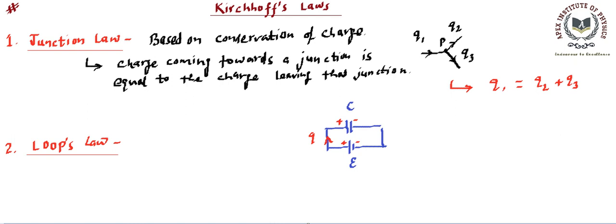So we'll find that this is a loop. Loop is closed loop basically. If you start from this terminal, you move all the way, you can come back to the same point. So that's one loop. That's the simplest circuit. In one circuit we can have multiple loops. So for each and every loop there is going to be a law. So we will identify a loop, and for that loop we are going to write this law.